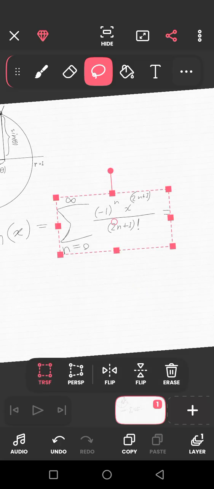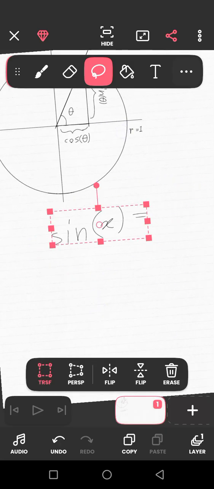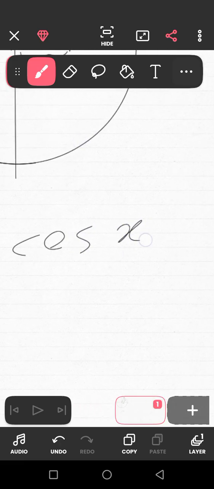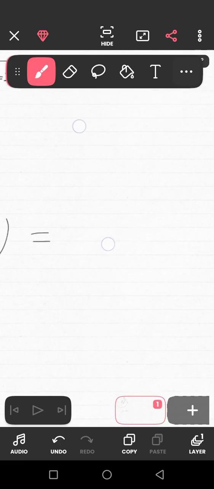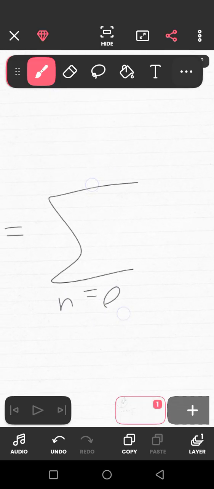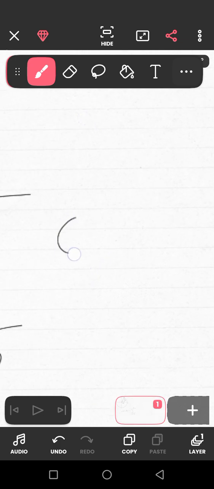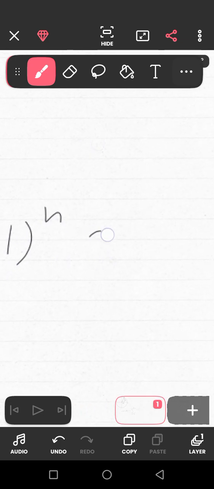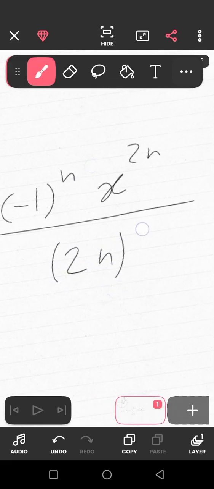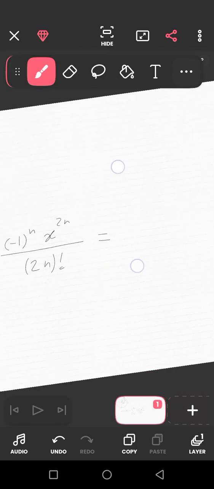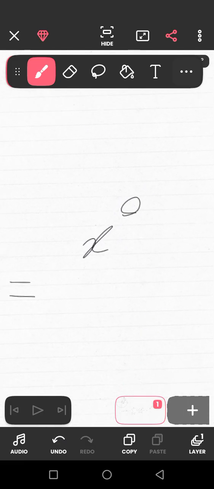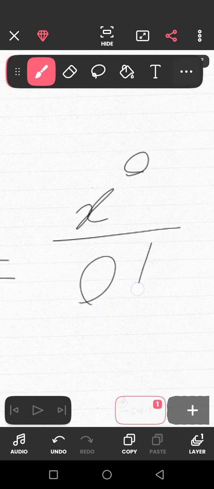So and here's the cosine infinite series. It starts at n equals 0, up to infinity of -1 to the n times x to the 2n over 2n factorial. What is the first term equal to? Well, that's x to the 0, which is 1, just 1, divided by 0 factorial,